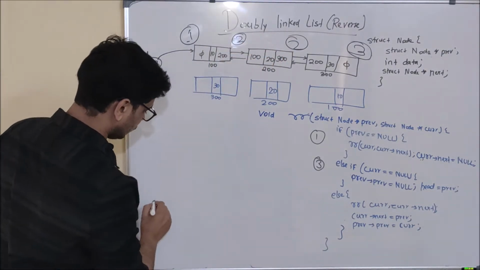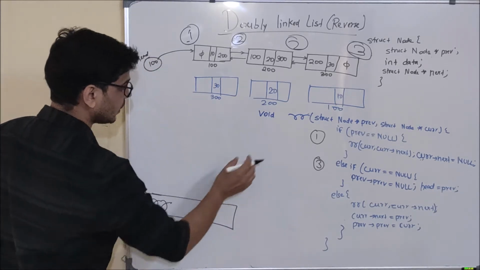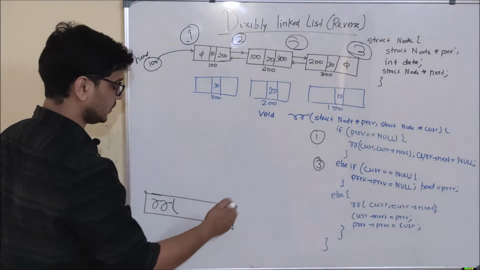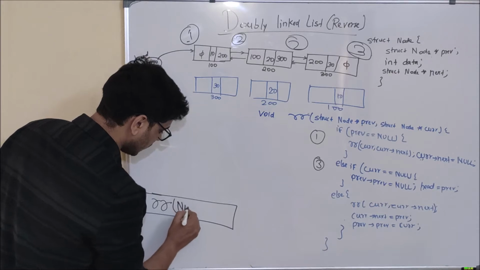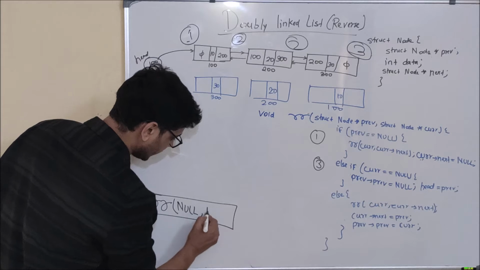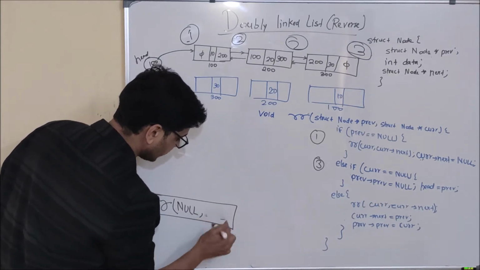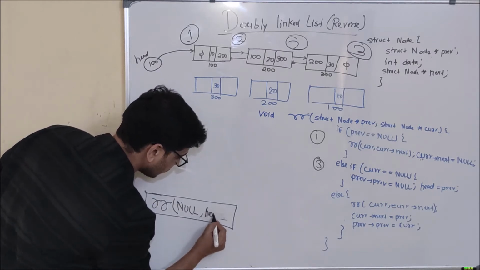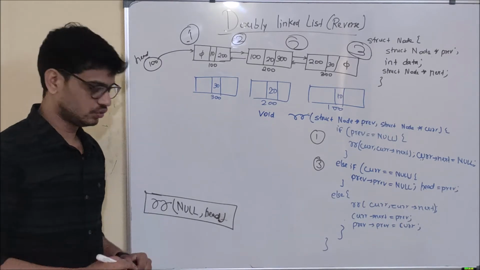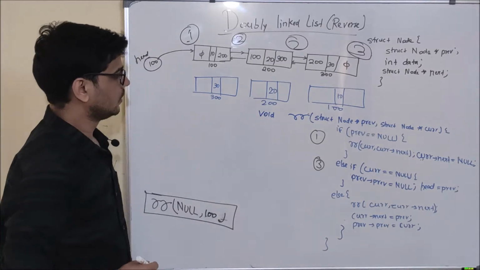So what we are going to do first of all is that when we will give a call to reverse recursive, and one more thing, this RR stands for reverse recursive. I may say at times reverse recursive. So when we will give a call to reverse recursive null comma head, for the first time we will make a call to RR null comma head. See, basically what is head? 100. So it will be null comma 100.